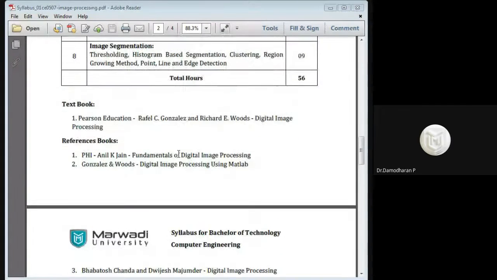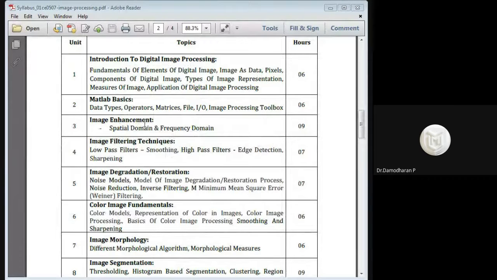Now we are moving to the theoretical part.